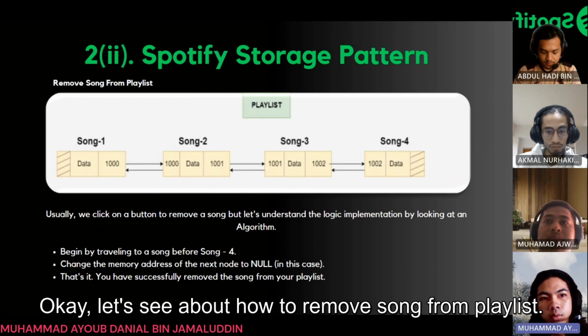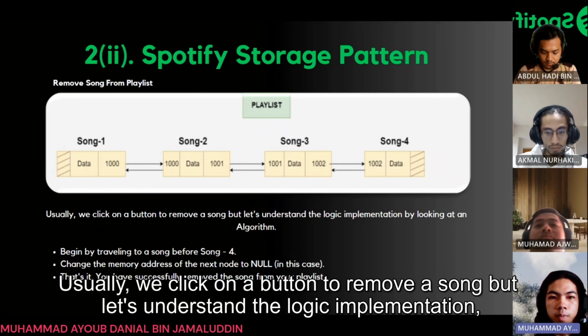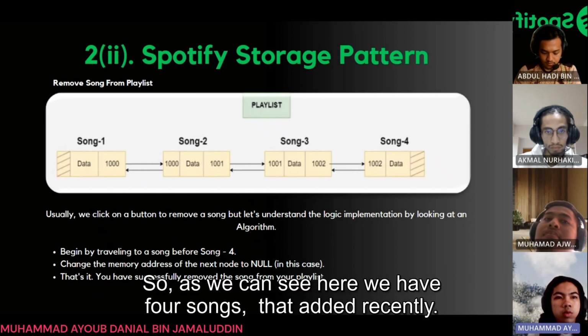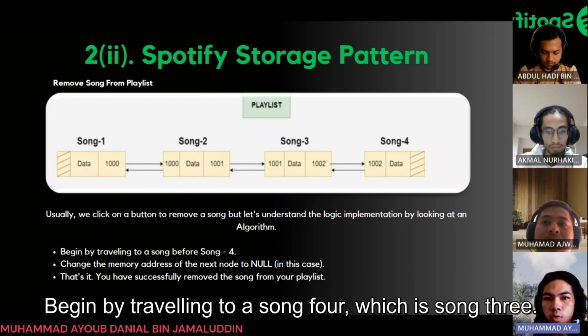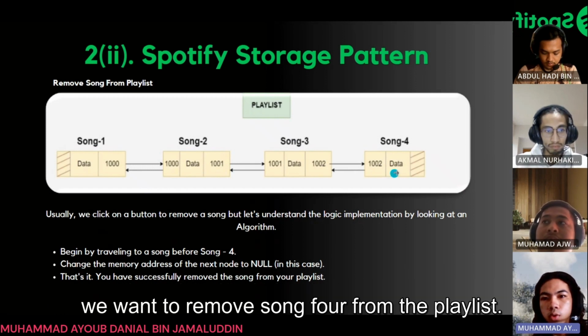Let's see how to remove a song from the playlist and how it will be affected in the back end. Usually we click on a button to remove a song, but let's understand the logic implementation by looking at the algorithm. As we can see here, we have 4 songs: song 1, song 2, song 3, and song 4, which we added recently. Begin by traveling to the song before song 4, which is song 3. We have to change the memory address of the next node to null because we want to remove song 4